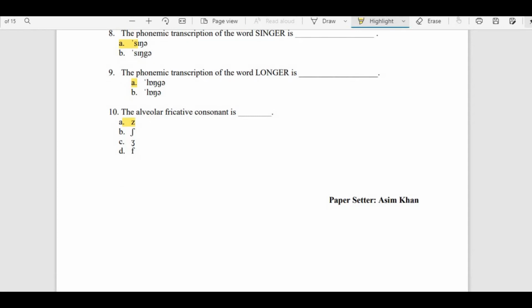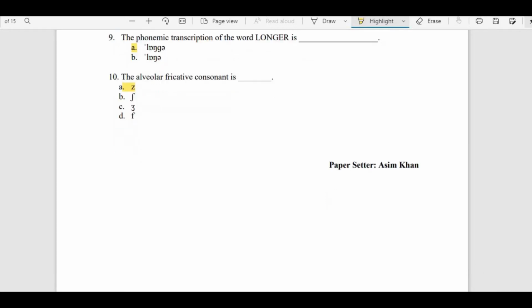All right, and then the phonemic transcription of the word longer. So this is the exception in the rules of ing. Okay, in longer, longest, the g will follow ing. All right, and then the alveolar fricative consonant is z. All right, and now we'll see